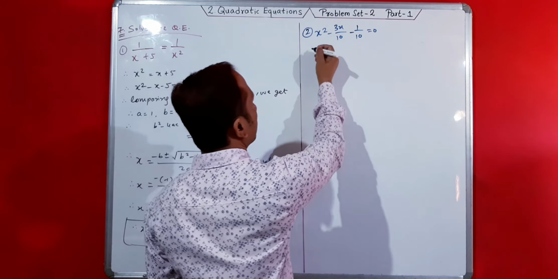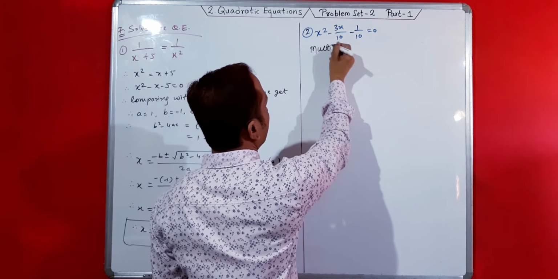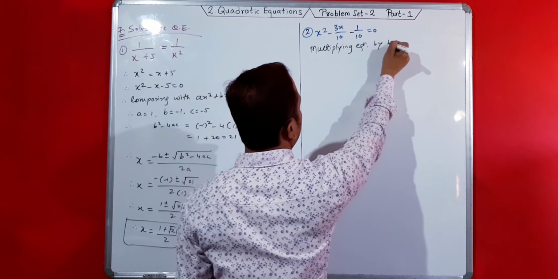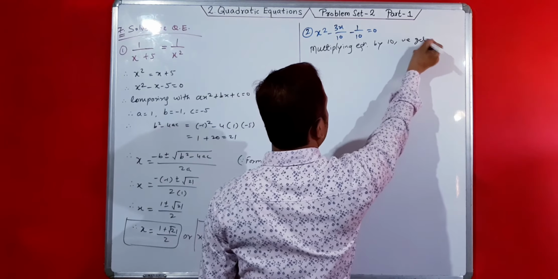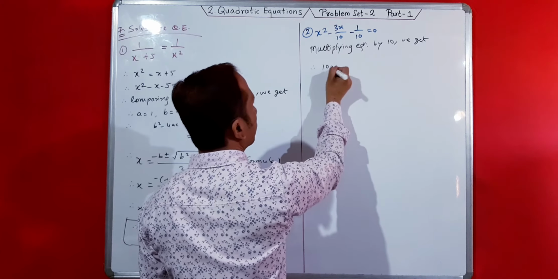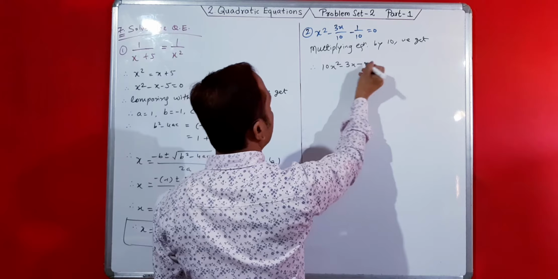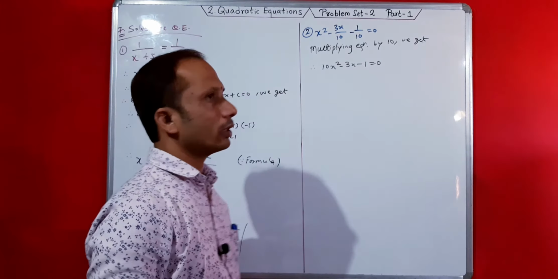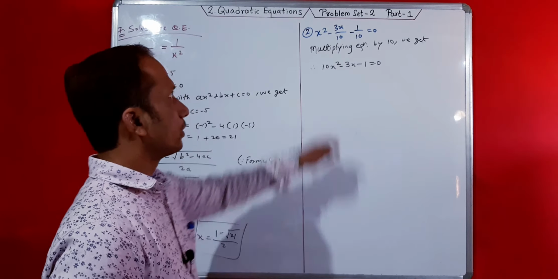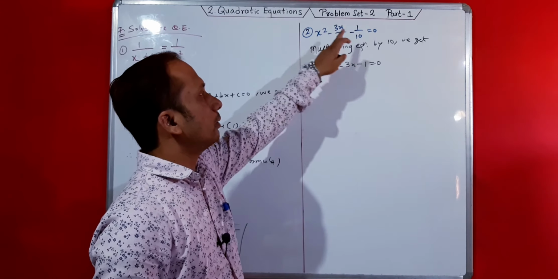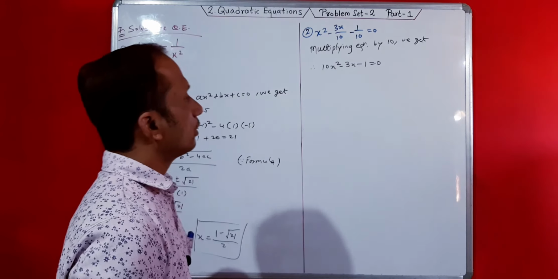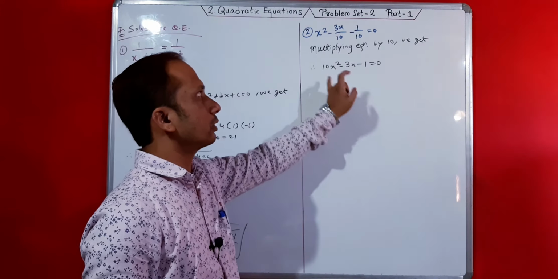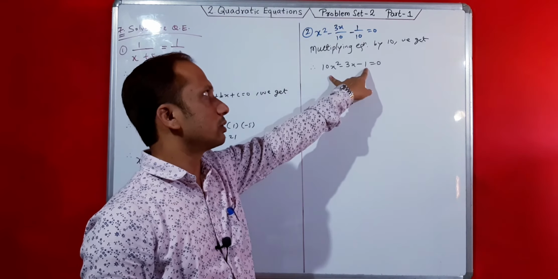So multiplying the equation by 10 we get, okay, so what do we get? We write here 10x square minus 3x minus 1 is equal to 0. This will be the derived equation. 10 into minus 1, it is minus 10. You can see this 10x square minus 3x, and minus 1 by 10 gets cancelled, so this is minus 3 minus 1. So you got this, minus 10.